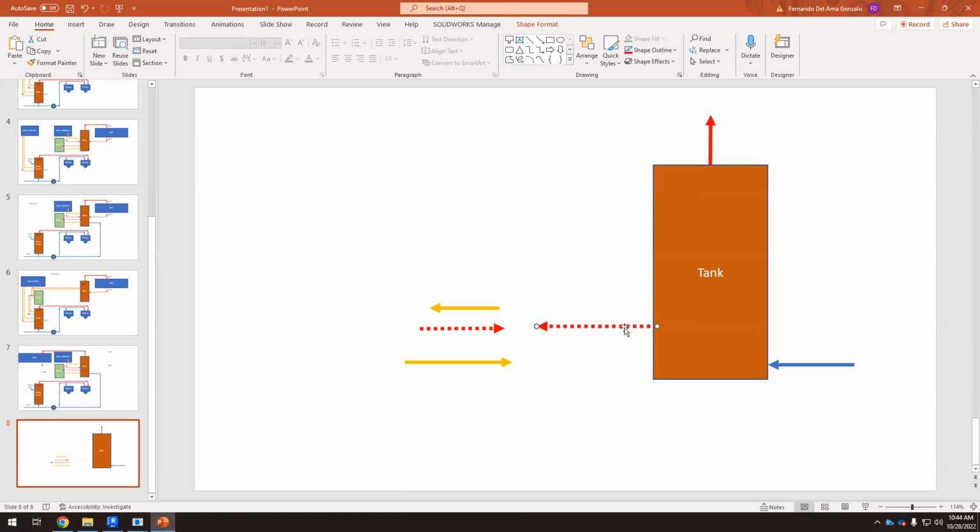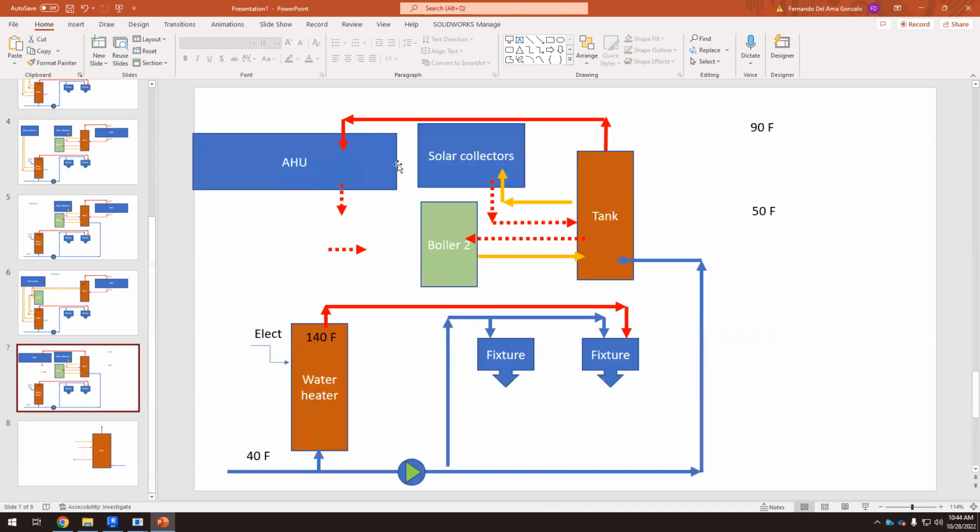So here we have 1 outlet and 2 inlets. Okay, this is what we have in our tank. Cold water supply, hot water from the tank, 1 outlet, 2 inlets. But the problem is that we have solar collectors,